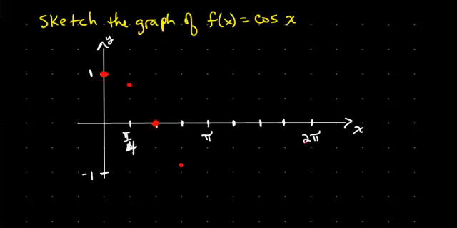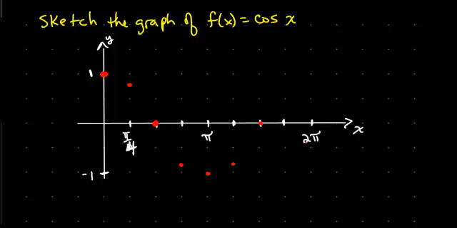At pi, we're at -1. If you look back on the table, so then at 1, 2, 3, 4 pi over 4, at 5 pi over 4, we are again at negative √2/2, which is about -0.7. At 1, 2, 3, 4, 5, 6 pi over 4, we